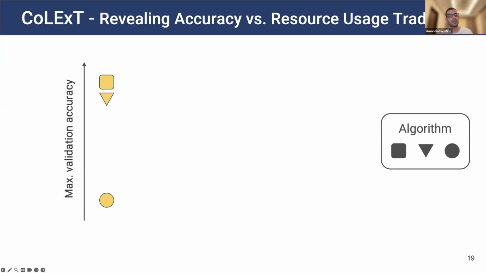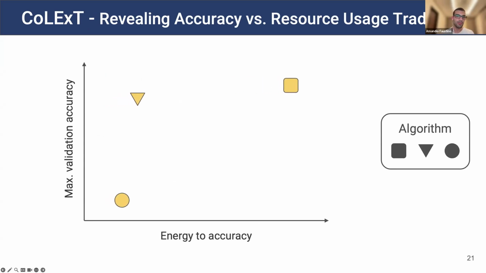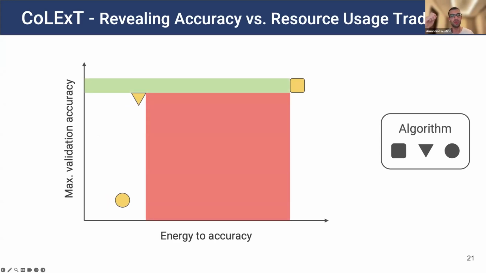So in FL research, the final model accuracy is the most commonly reported metric, but the resources that were required to achieve the metric are rarely ever considered. So if we, for example, consider the energy required for the algorithm to reach its maximum accuracy, we might find that for a very small increase in validation accuracy, you might need to expend a lot of energy, which might raise some bells in your mind, and you start wondering if this small benefit of accuracy is actually worth